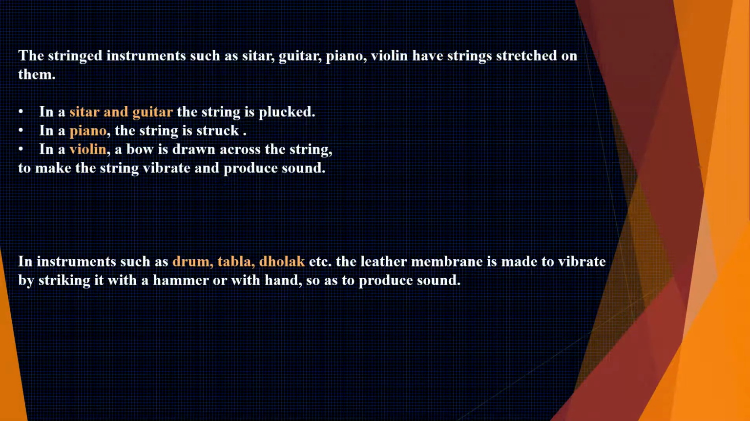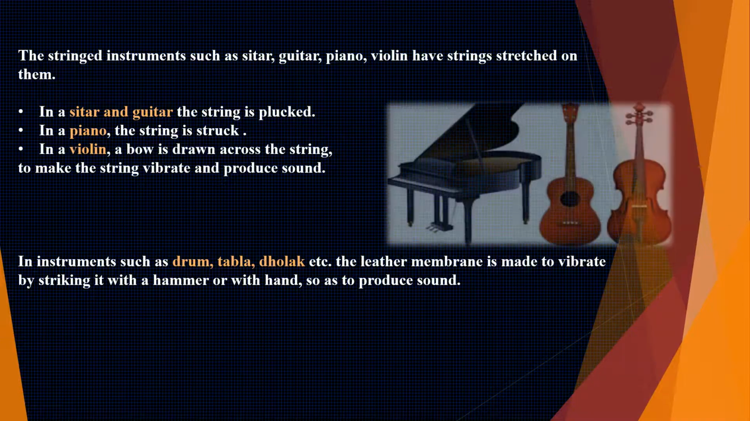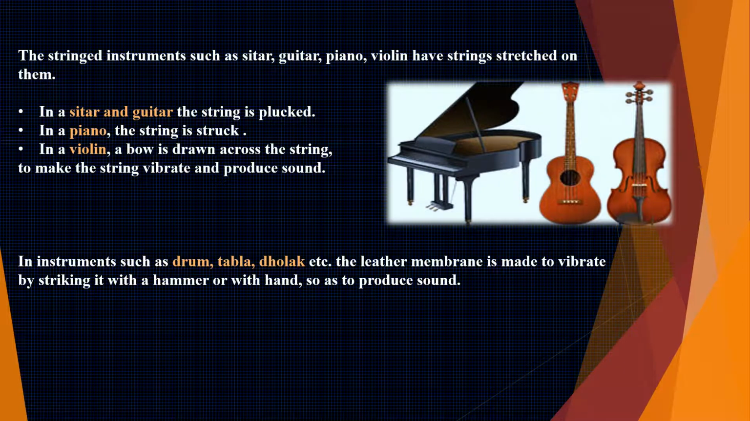Next, we have stringed instruments like sitar, guitar, and piano, which have strings stretched on them. In a sitar and guitar, the string is plucked. In a piano, the string is struck. In a violin, a bow is drawn across the string. In all the three cases, string vibrates and produce sound when they are plucked, struck, or a bow is drawn